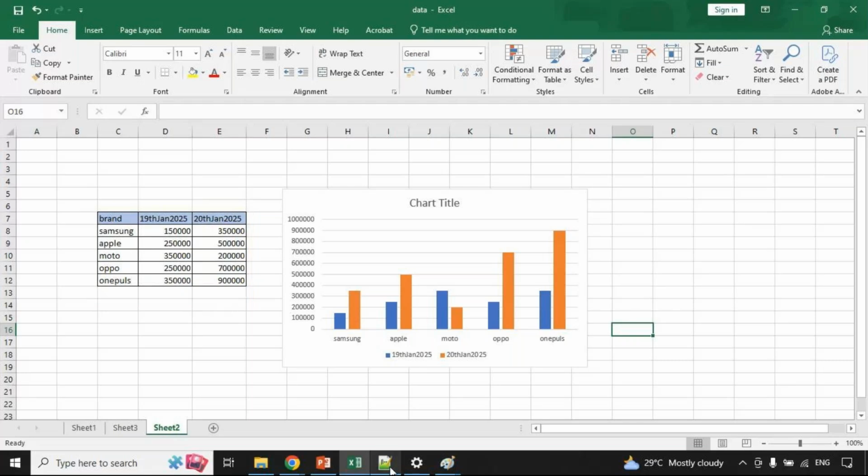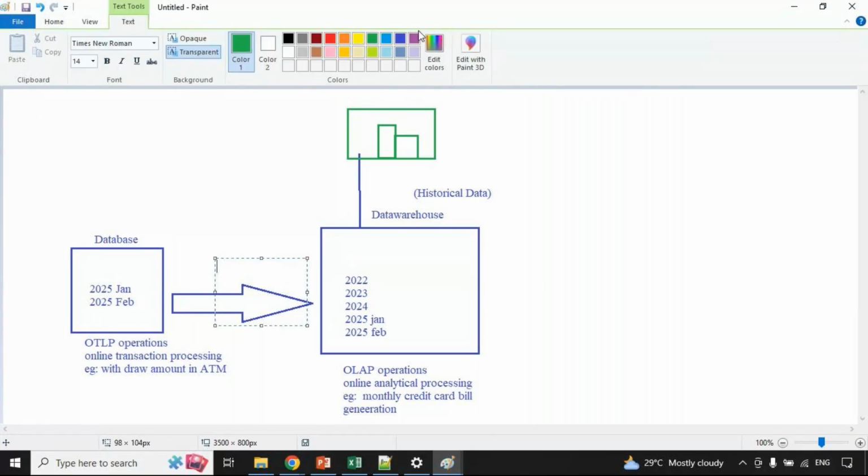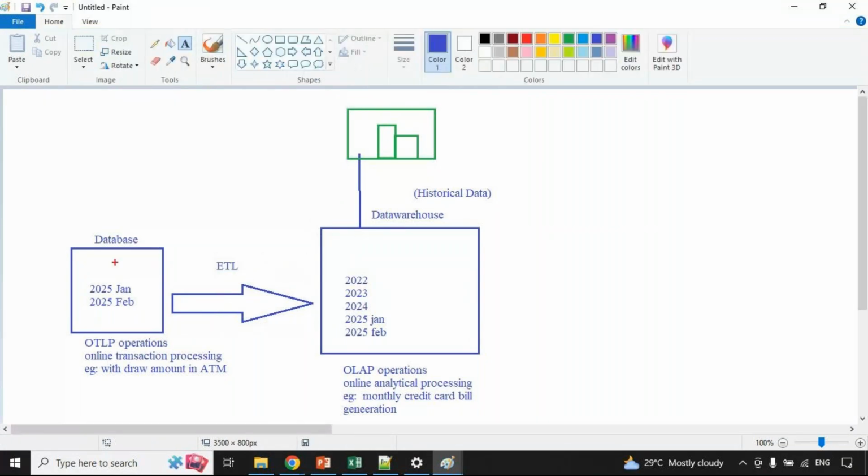So in the data warehouse, we are going to organize the data, and on top of this, people generate the reports. A data warehouse contains a huge amount of data using ETL tools. Using any ETL tool, we move the data from source to target, from the database to the data warehouse, where we maintain the historical data. And nowadays,